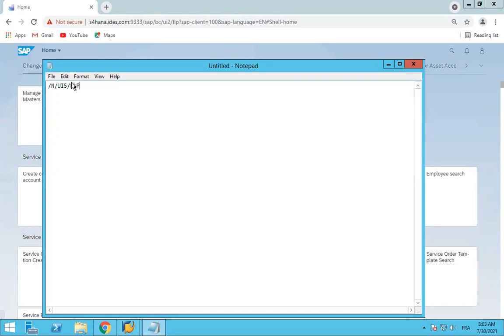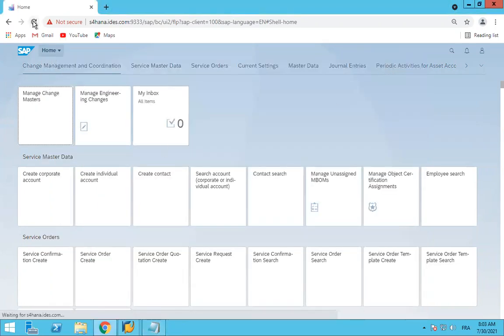This is the T code to open Fiori Launchpad. You need to use this, but for me, I already opened. Here you need to refresh, reload our system.